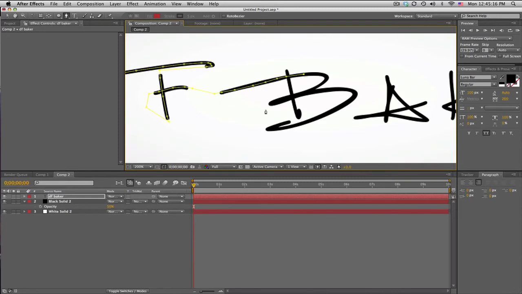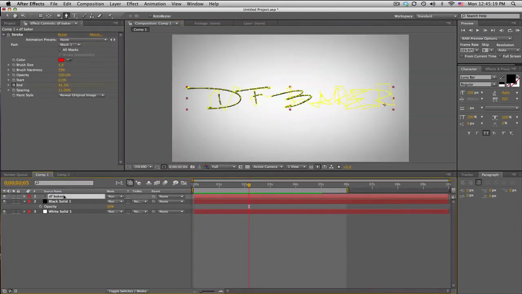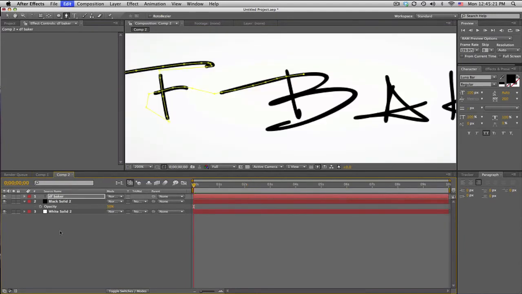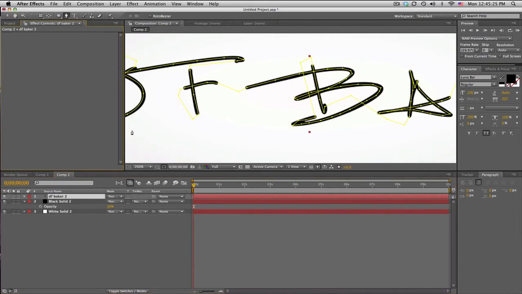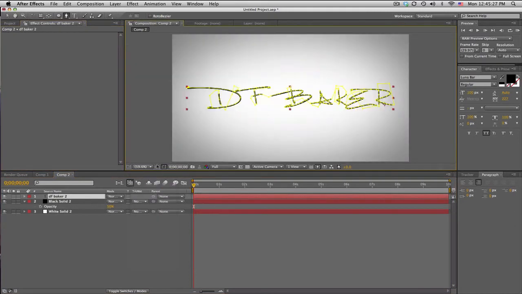To save time, I'm actually just going to go ahead and copy this example, and I'll show you what's going on here. I got this mask, and it goes around and follows through the entire name as if you were writing it.